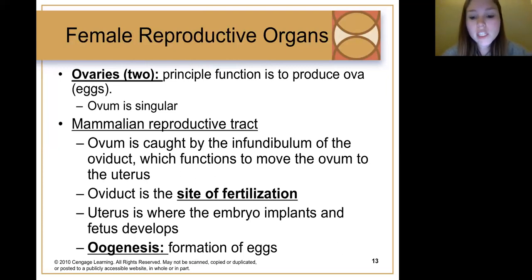Then the uterus is where the embryo will implant once it's been fertilized, and then the fetus will begin to develop. And then, like I said, with the genesis terms, spermatogenesis is the formation of sperm. Oogenesis is the formation of eggs. And that's because their scientific name starts with a